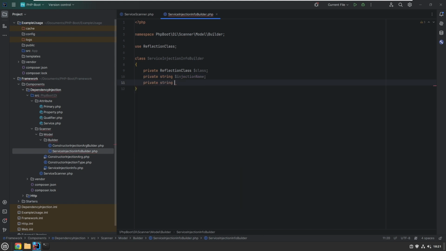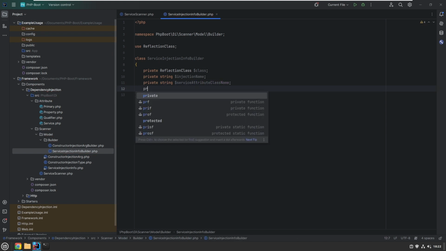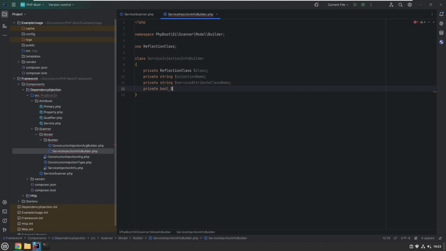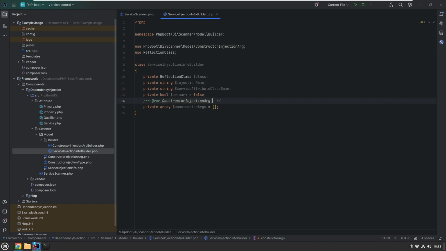We have a string called service attribute class name. We have a private bool primary. We'll initialize this one to false. And we have a private array called constructor args, which is an empty array to begin with, but